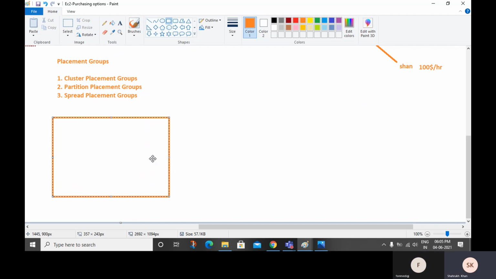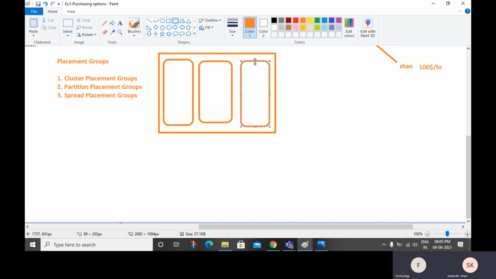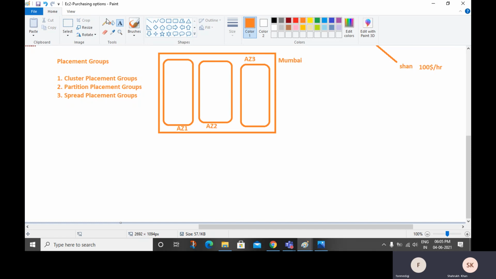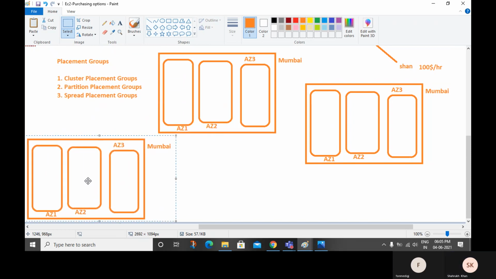Let's say this one is my Mumbai region, and in the Mumbai region I have 3 availability zones: AZ1, AZ2, AZ3. So first of all, let's talk about our